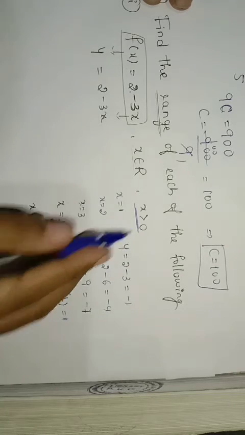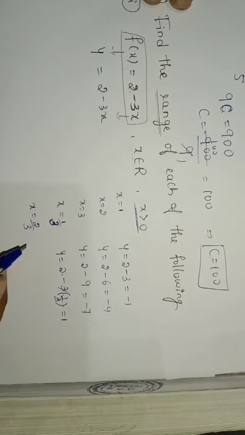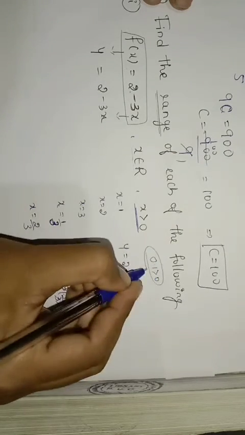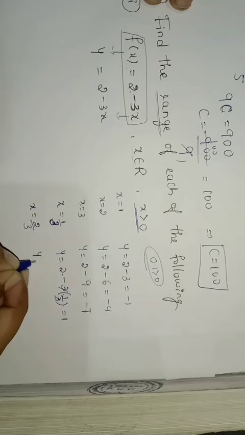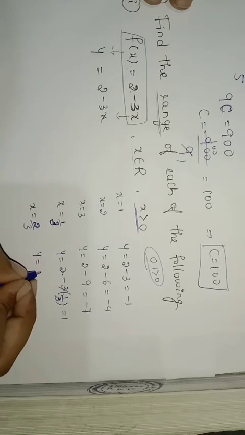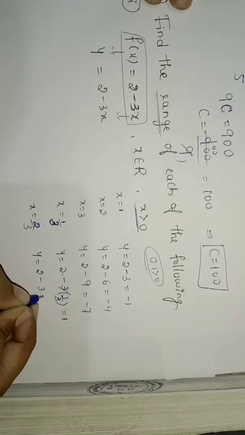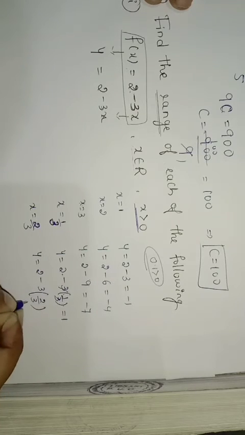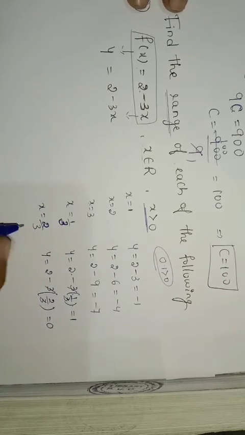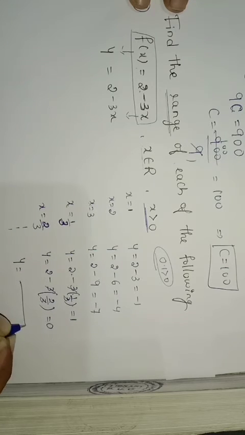2 by 3 is greater than 0. That will be some 0 point something. 0.1 is greater than 0. So what will be the y value? That is 2 minus 3 into 2 by 3. 3 gets cancelled. 2 minus 2 is 0. Similarly, if you take any x values, the y value will be in between,